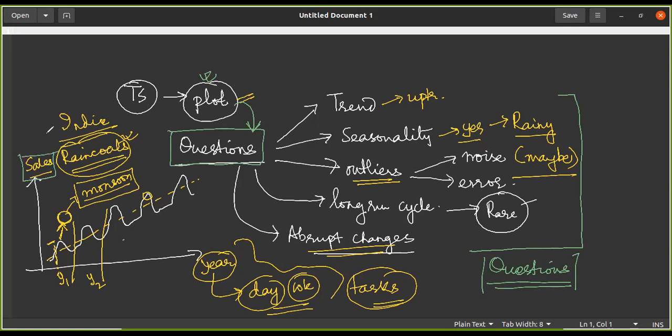There are experienced people who are working with a certain XYZ product who are not even aware of the properties. I'm going to call these the properties over time of the data which the product was really generating. So in other words, this data is the product. If I've collected the data related to sales of raincoats, whatever insights I find out of the data belong to the raincoats only. So these are the properties of the sales of raincoats.